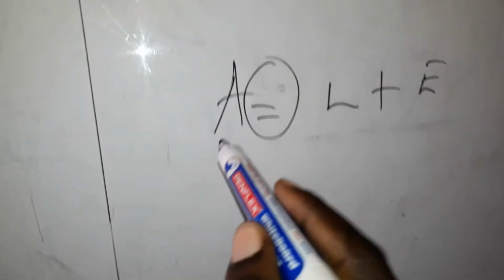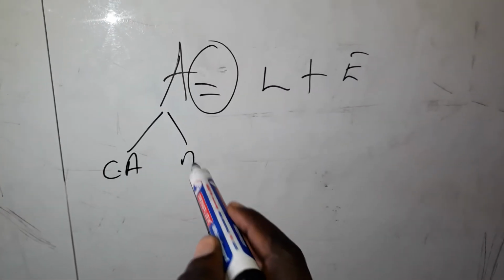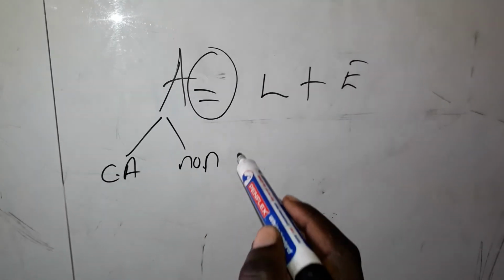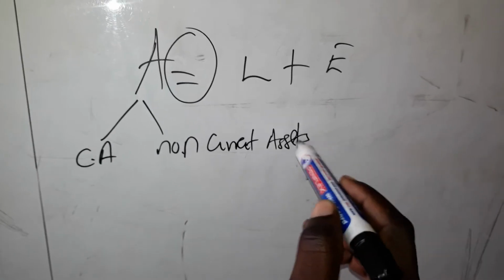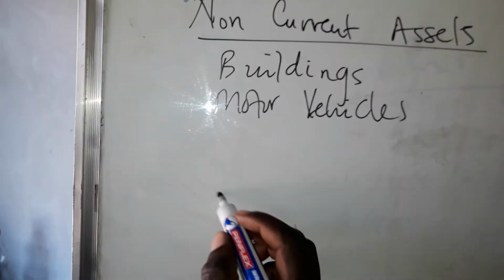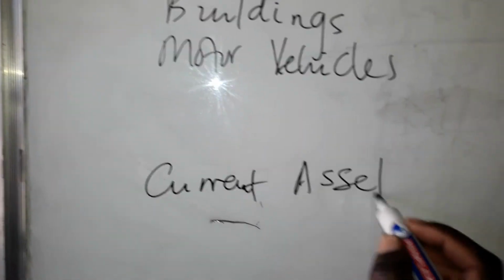Right. Our assets, remember, is further categorized into current assets and non-current assets. Right. Now here, since I've already written non-current assets, I'm now coming to what? To current assets. Current assets, you've got